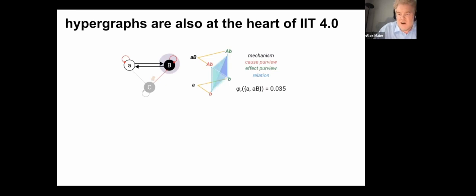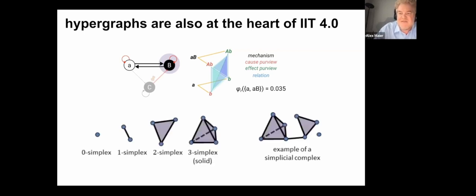And hypergraphs are also interesting for when this idea of looking at brain activity that might give rise to qualia structure, in particular, integrated information theory. So this is just a summary of integrated information theory that many of you might be familiar with. And it basically shows a hypergraph, which is that when we're talking about the cause-effect structure, or the CES, that neurons are creating that ultimately provide a structure, a mathematical structure that is isomorphic to the qualia structure, well, that structure is a hypergraph. In the language of IIT, it is described as a simplicial complex, and I'm showing this